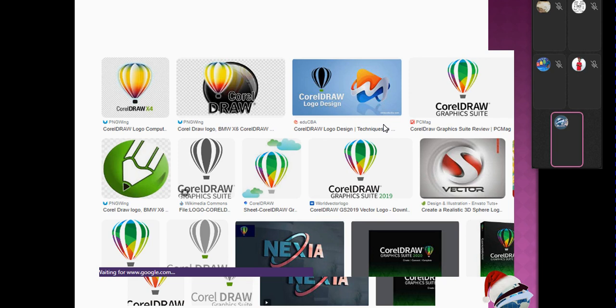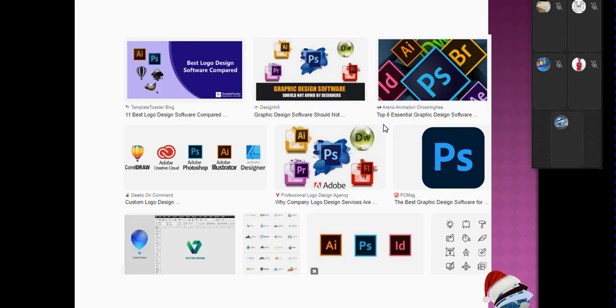It doesn't matter the Corel version you are using. I want you to know that we are still going to be using all the basic tools that are included in all the versions, whether from Corel 10, even if it is Corel 9, but I'm very sure you won't be seeing Corel 9 on the market. Corel 9, 10, 11, 12, up to Corel X9, which is maybe 2017. I think there is Corel 2020 as well. No matter the version of Corel Draw you are using, you will be able to follow us. You'll be able to use this tutorial.